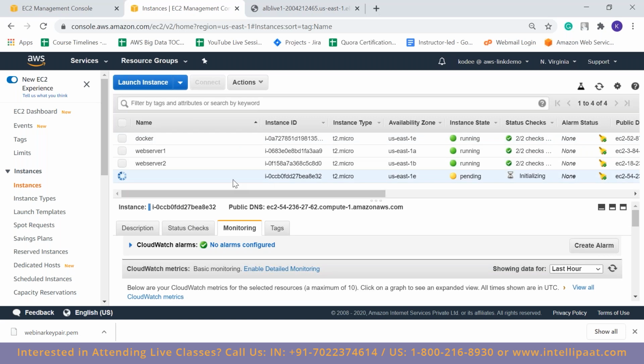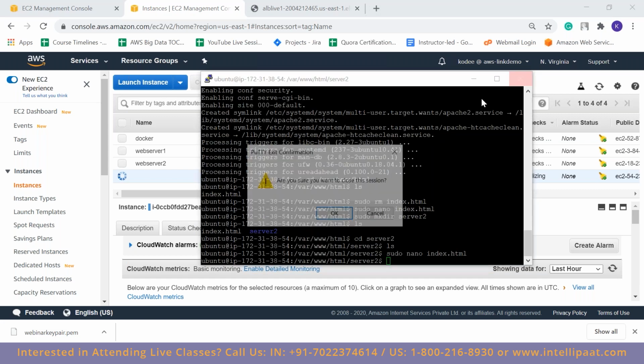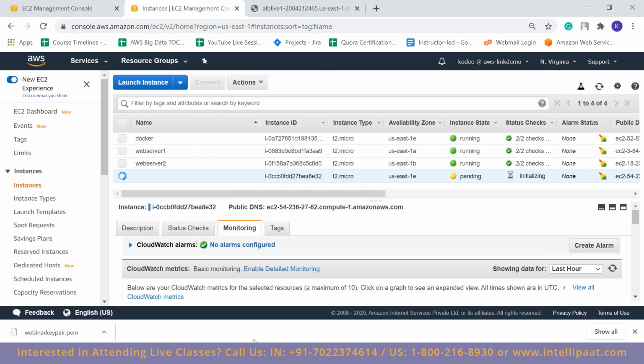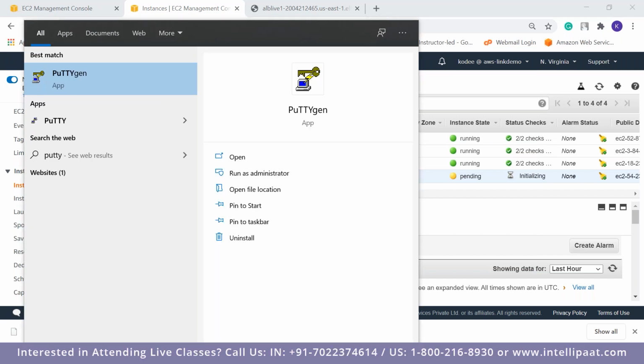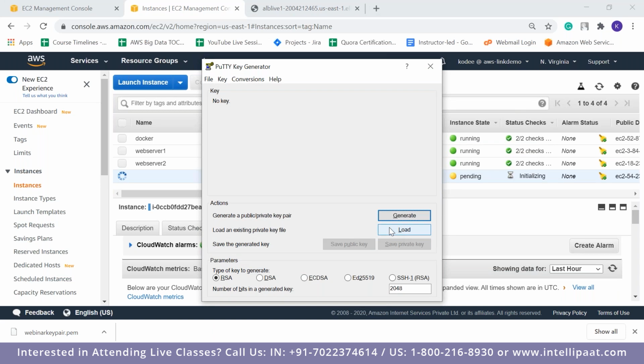So this is the instance which I am creating. There is a key pair called webinar key pair dot pem. Right now, this pem is not compatible with putty. What we'll have to do is, when you install putty, you will get a software called PuttyGen with it. So open PuttyGen, click on load,